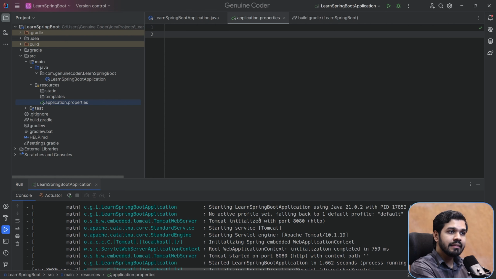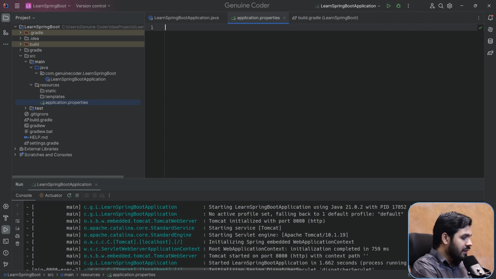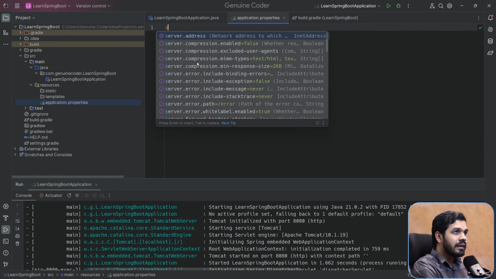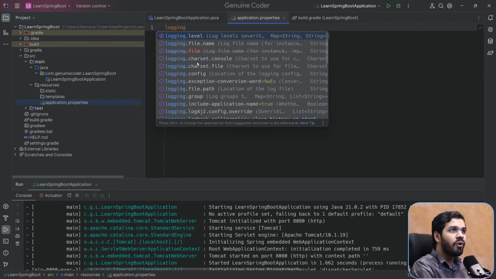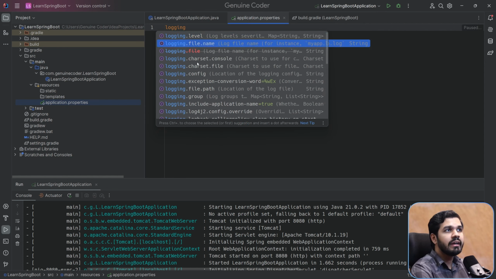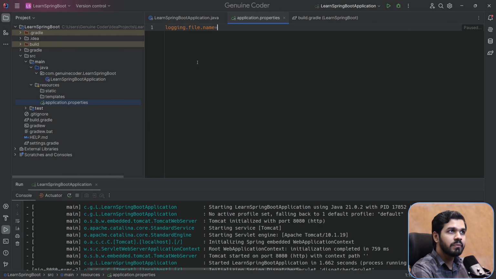Currently these logs are only added to the console. They are not written to any file. We can change that with just one line of code. If you look into the logging, just search for logging, and here you can specify logging.file.name. By just specifying the file name, it will start getting added into the file. Let me mention it like this. I want every log to be added to a file called log.log